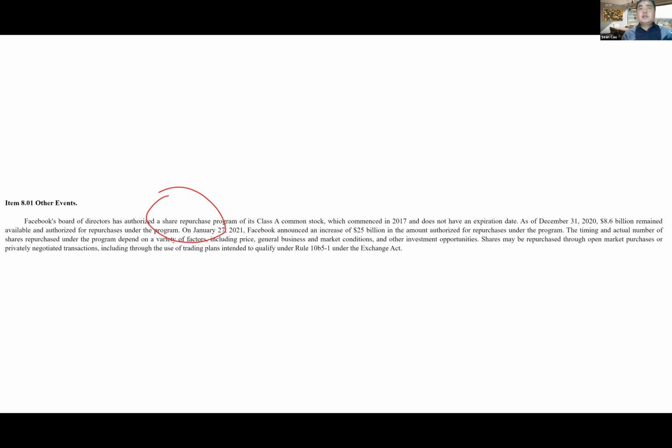But can you use the information to help managers make some other decisions? And how would you use the information? These are all the things I want you to think about. So this is basically before the break. This is a summary. We know the structure of the 8-K. We know what the 8-K's information is.